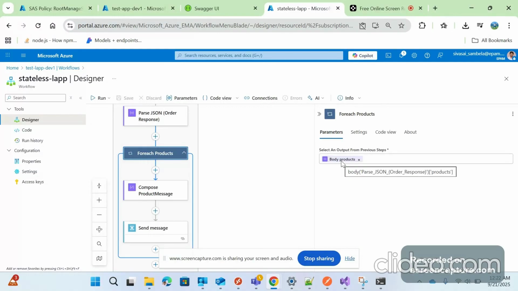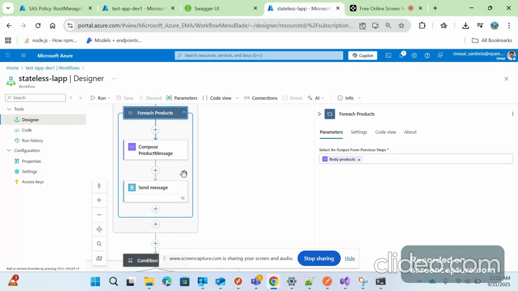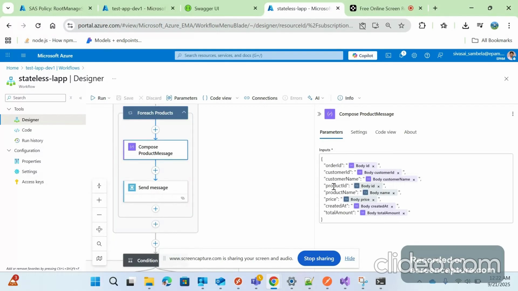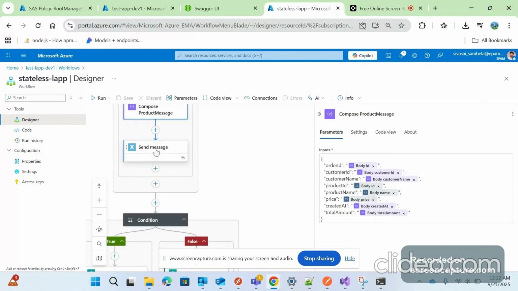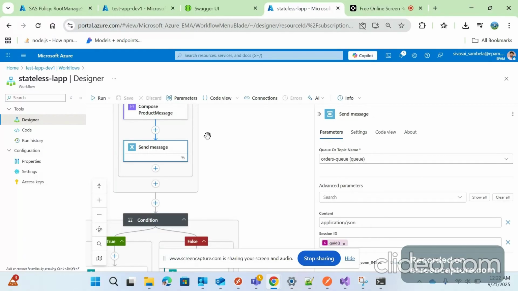So I'm going to get the parse JSON body of parse JSON products, this above step's products, and I will loop through each product, right? And I will get each product's details: what is the product ID, name, price, all those things, order ID, and then I will send all these details to service bus. Service bus here is nothing but